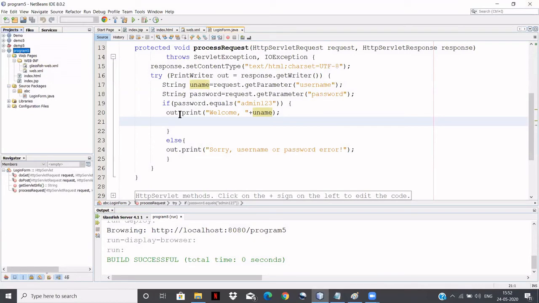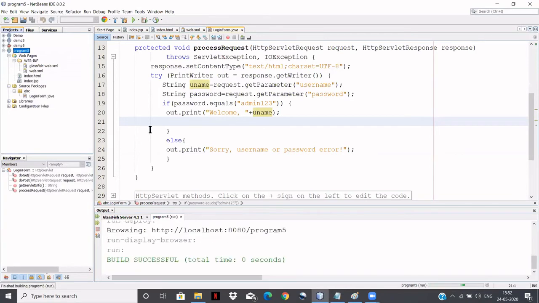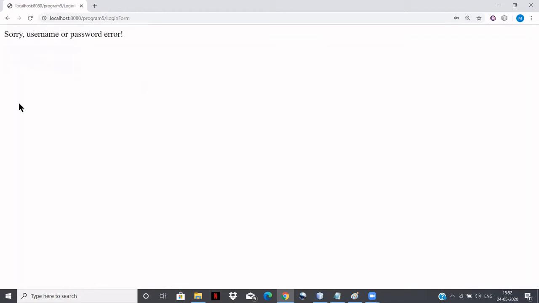Now you just see, when I run this program again, here you have to enter the username. Username I'll enter Kumar, password Kumar 123. Then when I click the login button, the else part gets executed.